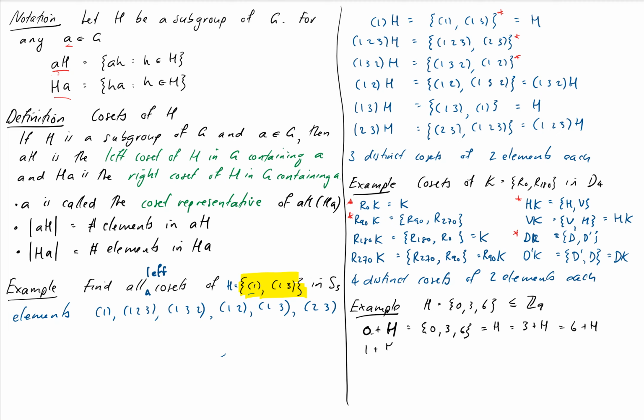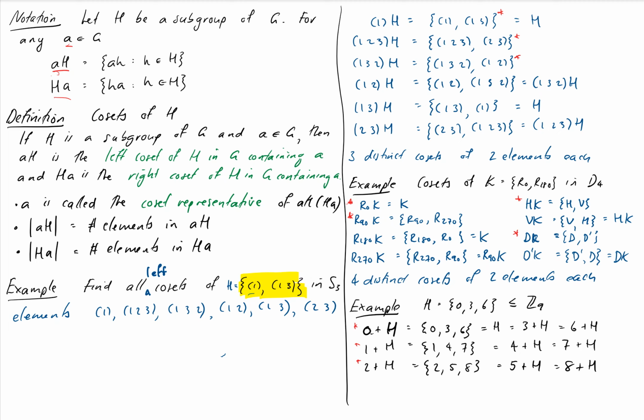And then I have 1 plus H, which is going to be 1, 4, and 7. And that, you can check this yourselves, is the same as 4 plus H, which is the same as 7 plus H. And finally, we've got 2 plus H, which is the set 2, 5, and 8. That is also the same, you can check this, as 5 plus H, which is the same in turn as 8 plus H. So this time we have 3